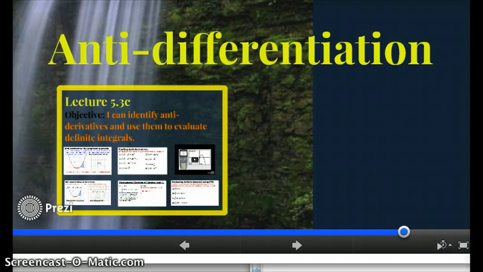Welcome to Lecture 5.3c. In this video, you're finally going to learn the real way to calculate definite integrals, which is by using something called the antiderivative. But before I can explain anti-differentiation, I need to briefly remind you of some of the other things we've been